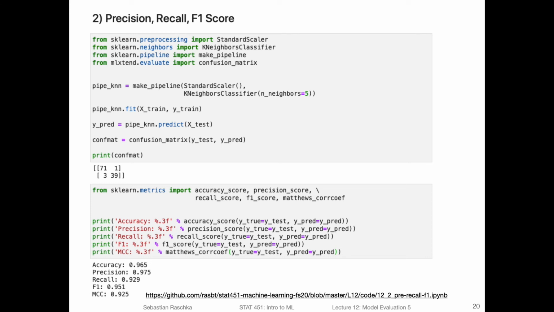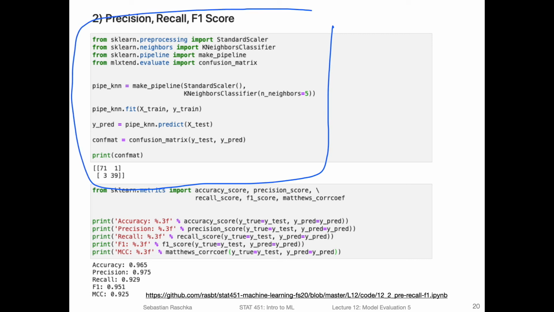Here are lastly some code examples for the different metrics that we talked about. So here's just again what we had before, our k-nearest neighbor classifier together with a standard scaler on the Wisconsin breast cancer dataset. And this is the confusion matrix that we had. And then we don't actually need to use the confusion matrix, it's just for reference.